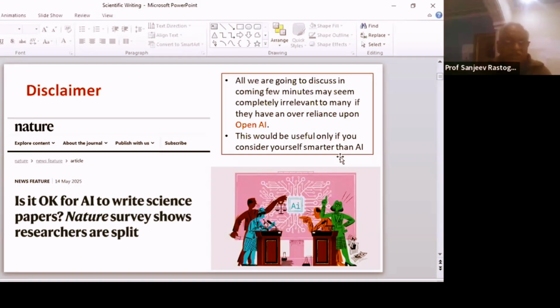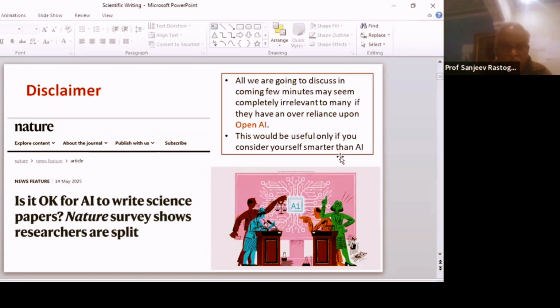Before I start, I would like to give a kind of disclaimer. This is the age of artificial intelligence, and artificial intelligence has changed the world. It changed the world of science, and the world of scientific writing also. There are a lot of possibilities, a lot of open access. Software is available which helps you write a scientific article, a research article, a synopsis, and anything which you want.